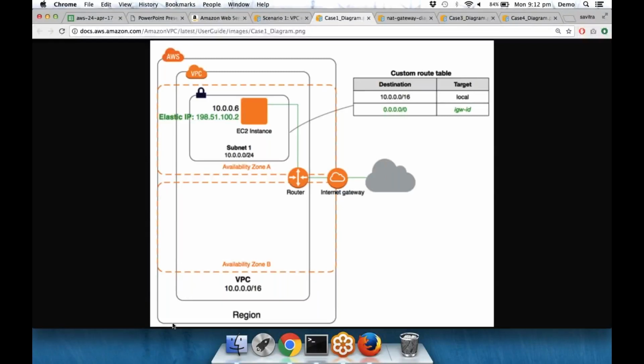Okay. So first of all, you can see the outer box is the region, right? So a VPC is always within one region. A VPC cannot straddle multiple regions. Okay, very important to remember. A VPC is always within one region. Okay. The next box, this box is the VPC, right? And you can see the IP address range here. It says